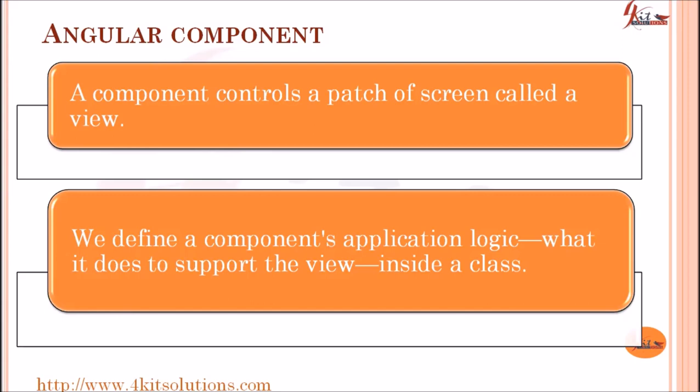There we'll write all the application logic, like getting the data from the server. If you want to convert that data into some form, that would all be written inside the class. And how the data we have received in the class is displayed on the view, we can do through binding. As soon as we get the data from the server, our view is updated immediately. Whatever changes you make in your backend business logic will be reflected on your view.